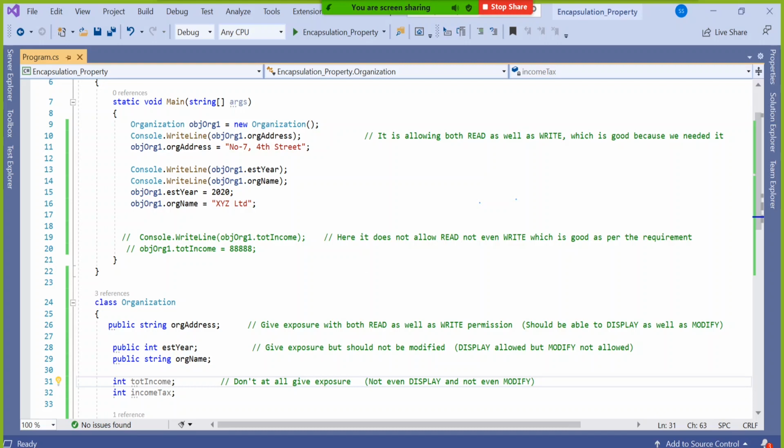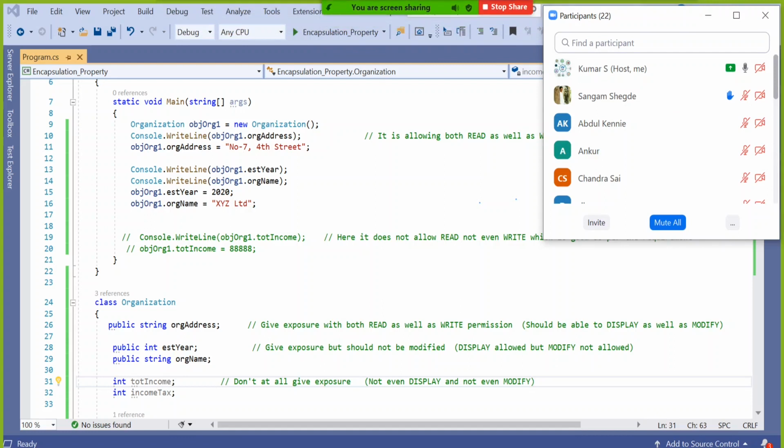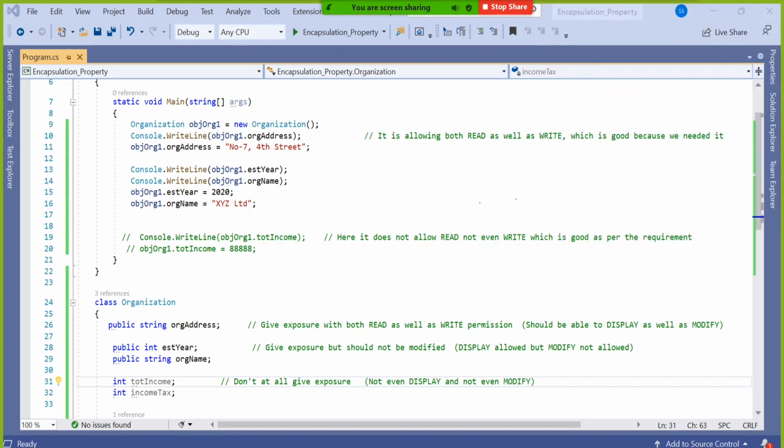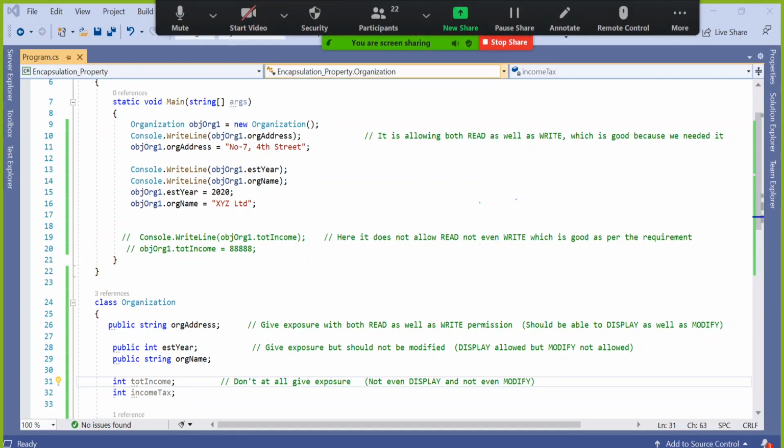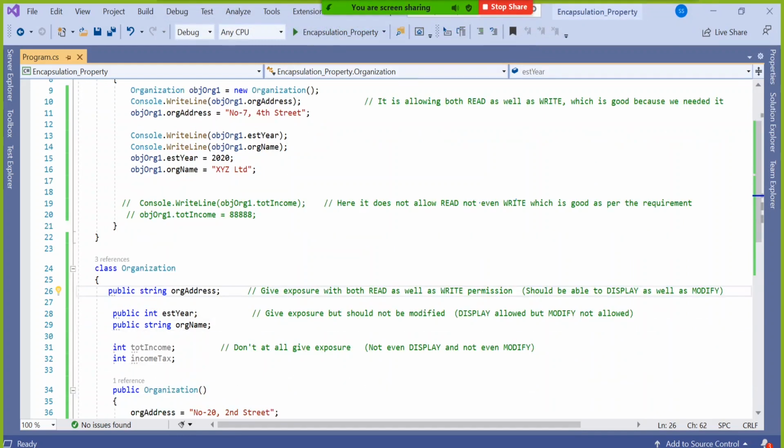So anybody who could not understand the problem scenario behind using variables? Sangam, you have raised the hand. Are you talking on mute? Okay. Anybody else clearly understood the problem behind using variables?